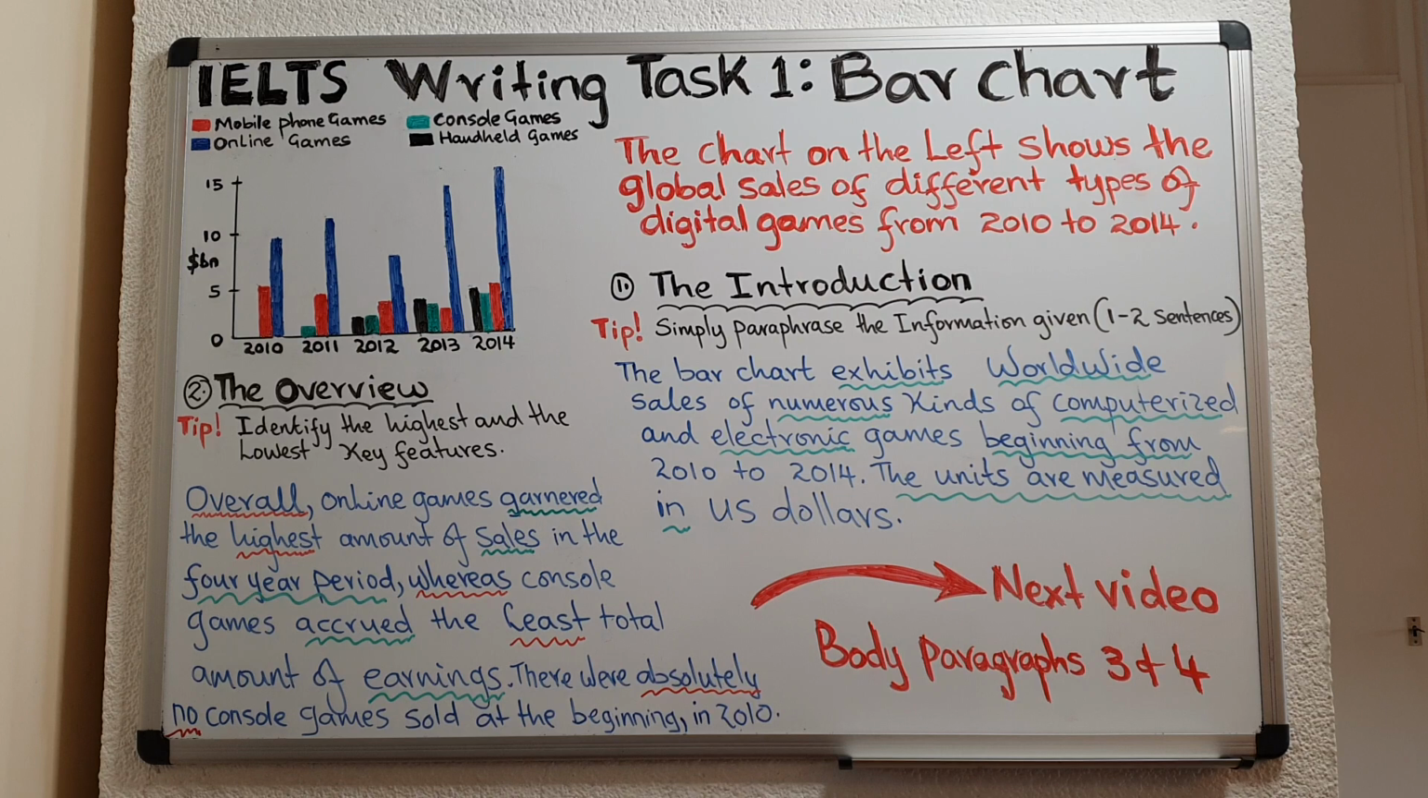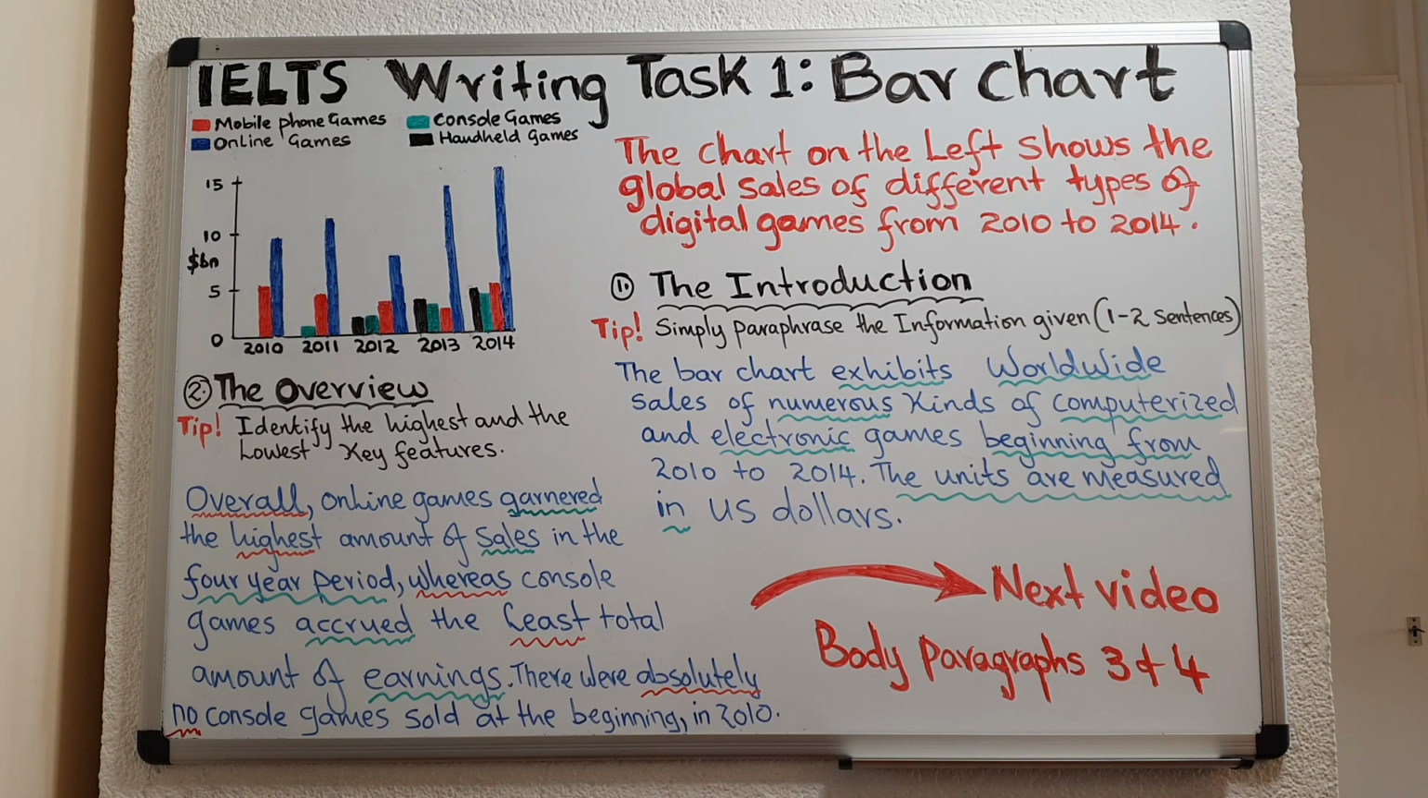And then do not forget in the introduction to write about the units and just memorize the sentence. The units are measured in. Now, obviously look at the bar chart or the diagram that you receive to make sure that you write the correct units. In this case, the units are measured in US dollars. And then once you have done that, begin your overview immediately with the word overall. And I have used vocabulary such as garnered, which simply means received or sold, and accrued. And also in the overview, don't forget to talk about the 4-year period,